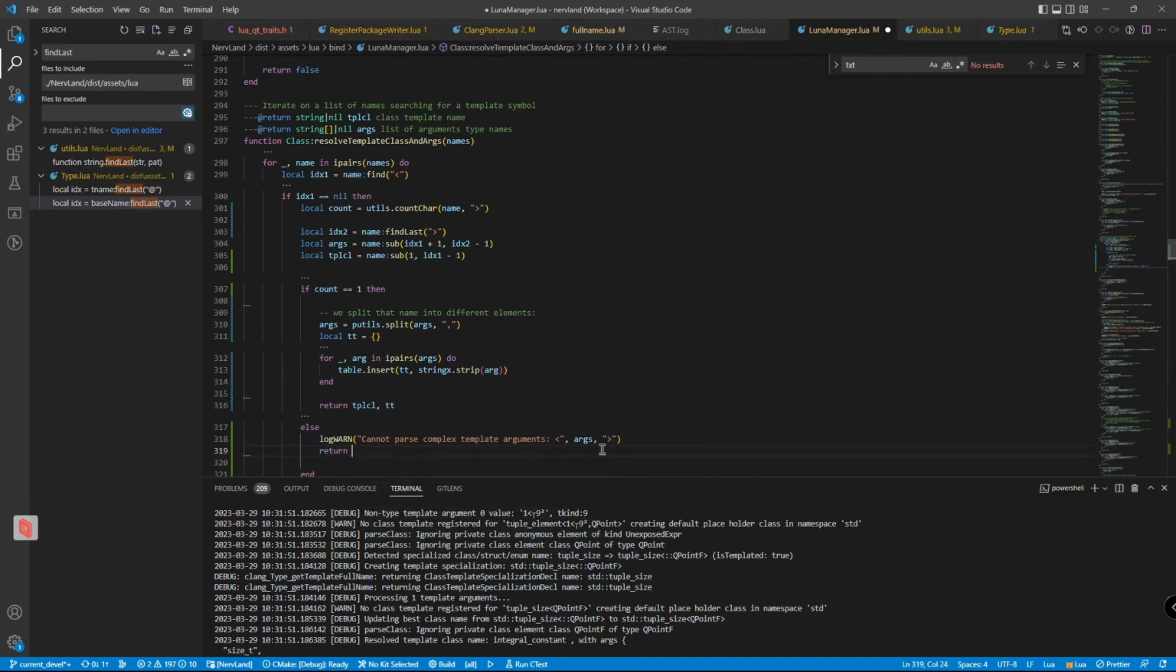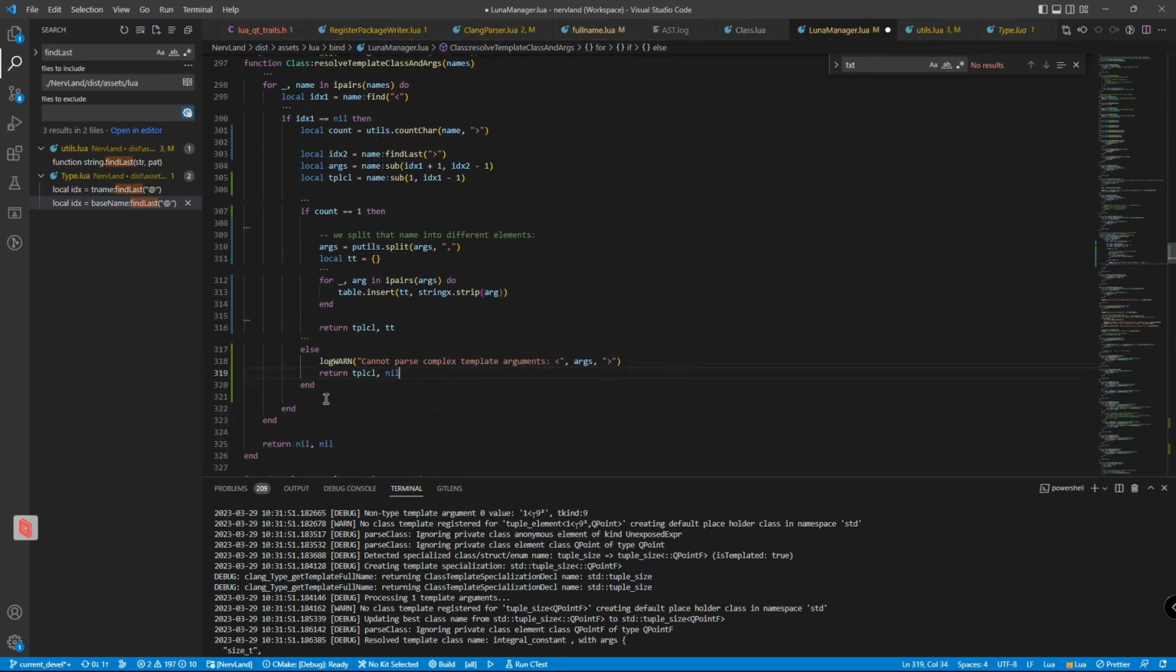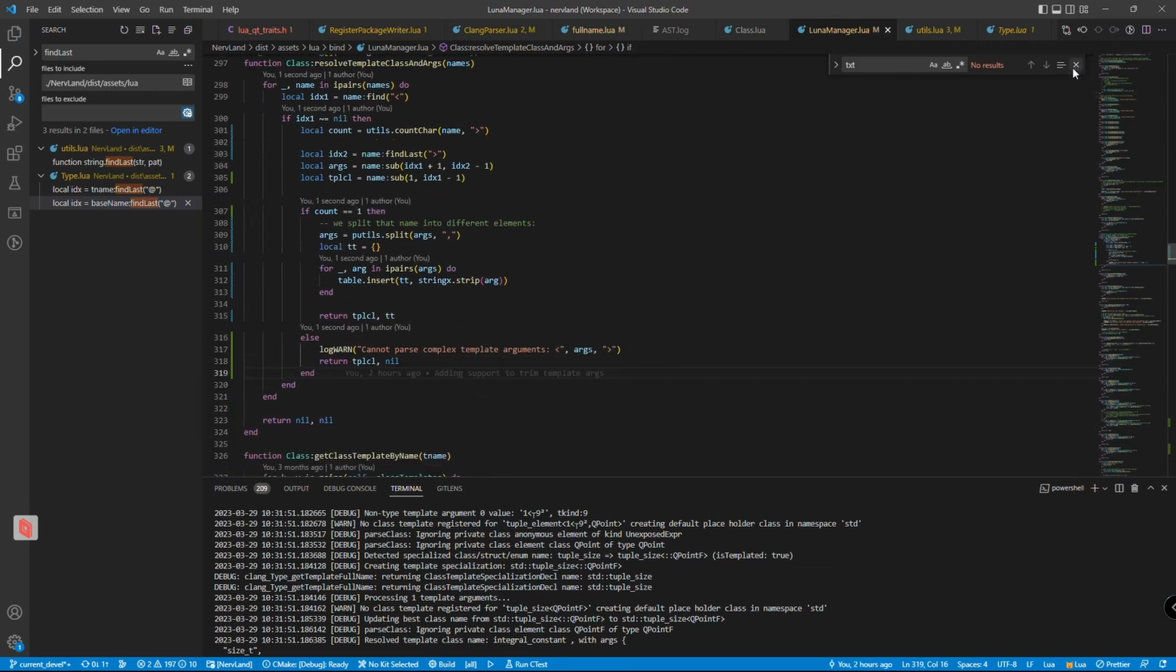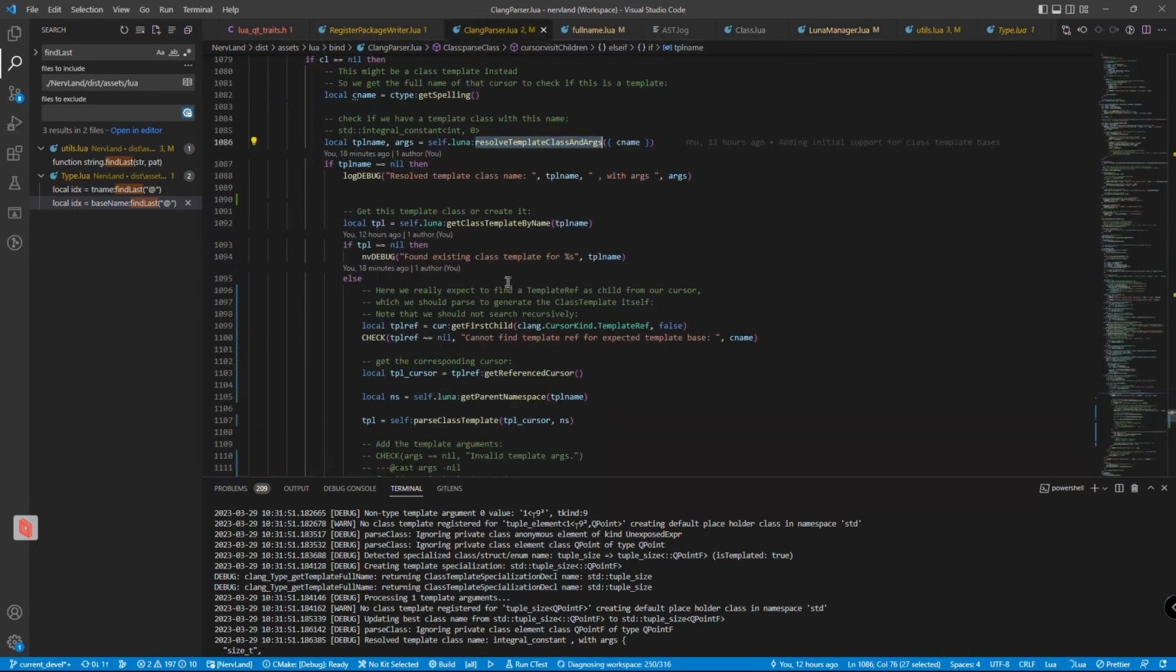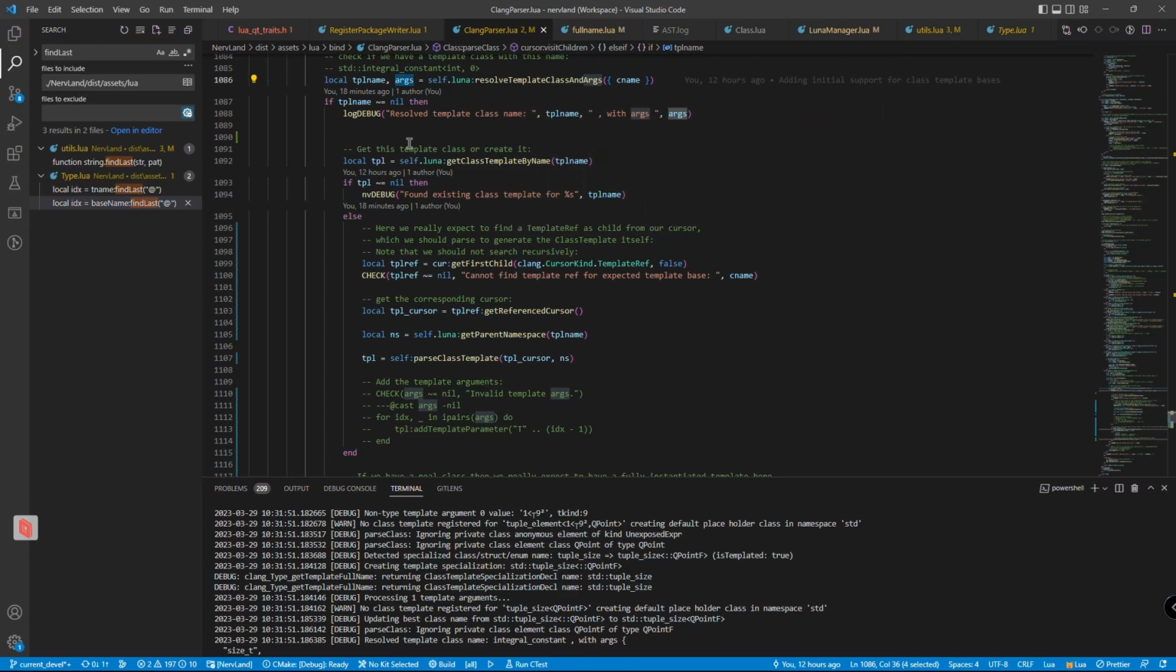And in this case, you just return the template class name and nil, because you would say, okay, I cannot figure out how to pass that. All right, and this is it. Now, back in the ceiling parser, what do we have? Here we may just retrieve nil in this case. And if we have nil,